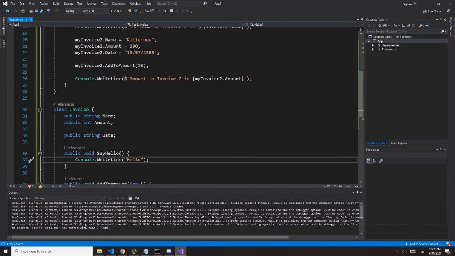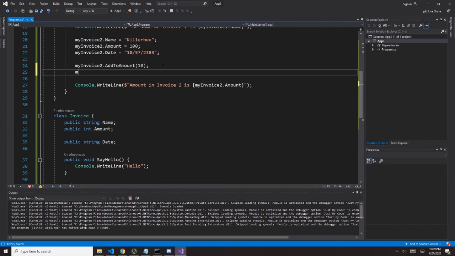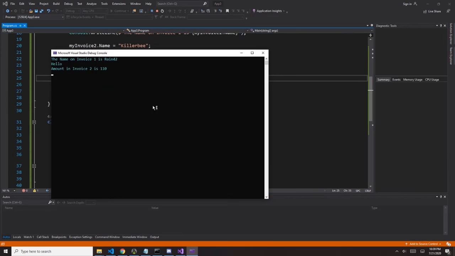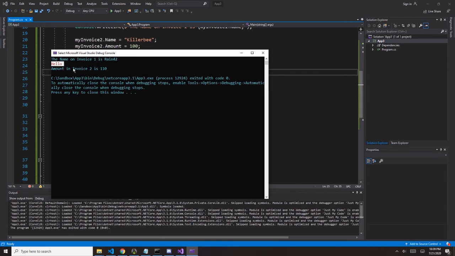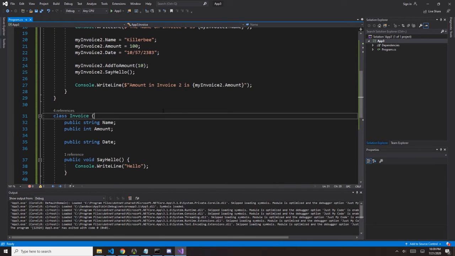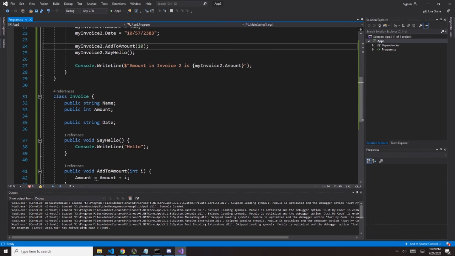So in this case, I could just write my invoice 2 dot say hello like that, and it'll say hello, right? Should say hello. Oh, it said hello. Cool. So what we did here is we got the function from my invoice 2, and then we called say